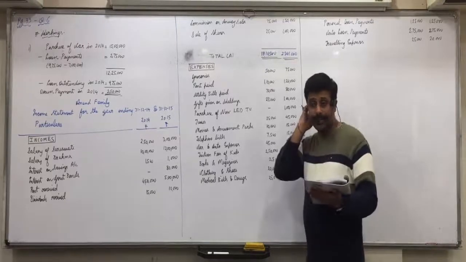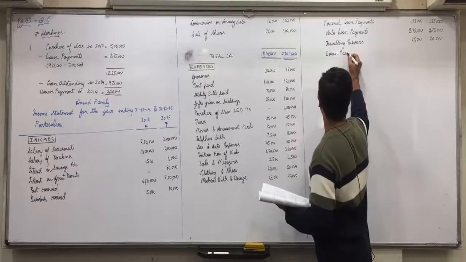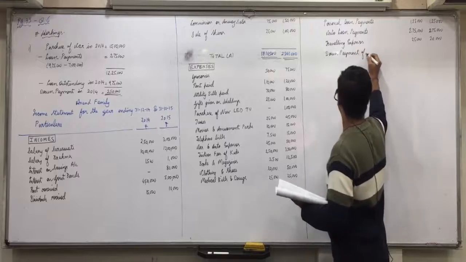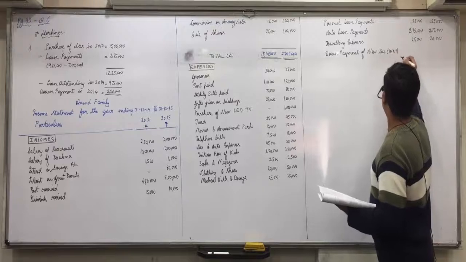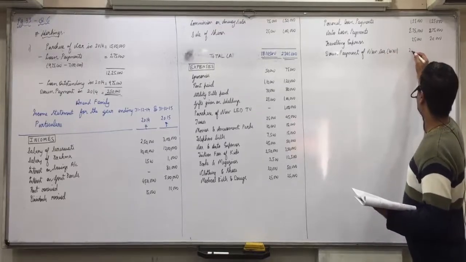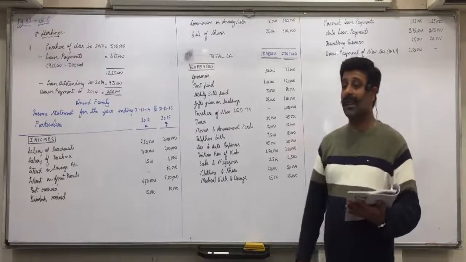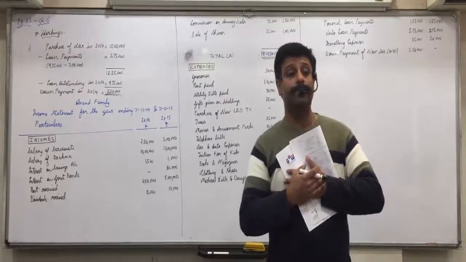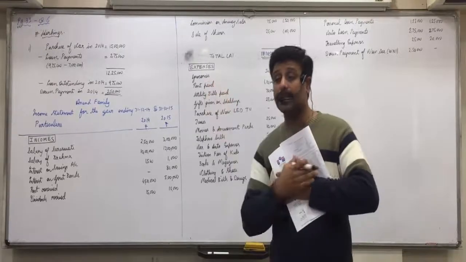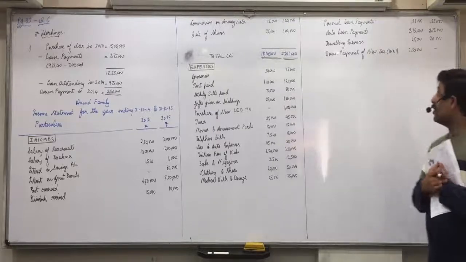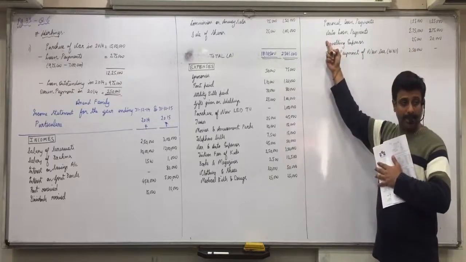Purchase of new car will we take? We will take down payment. Down payment of new car. In bracket working note 1. Only in 2014 we will take 2,50,000. Will we take loan installment of 2,75,000? Loan payments of 2,75,000 will be taken both the years? No, because it's already given. Auto loan payments, you can see already given.